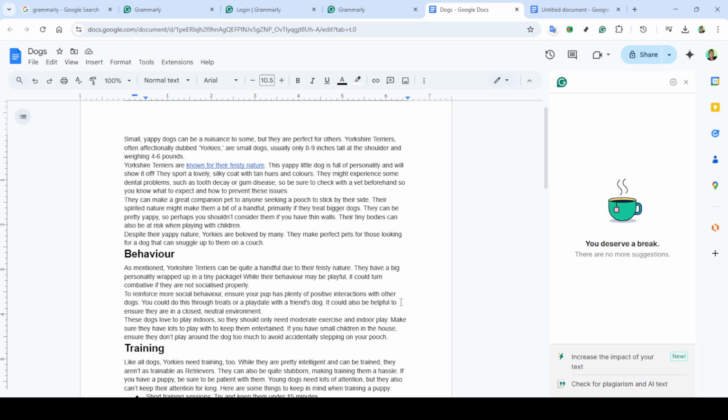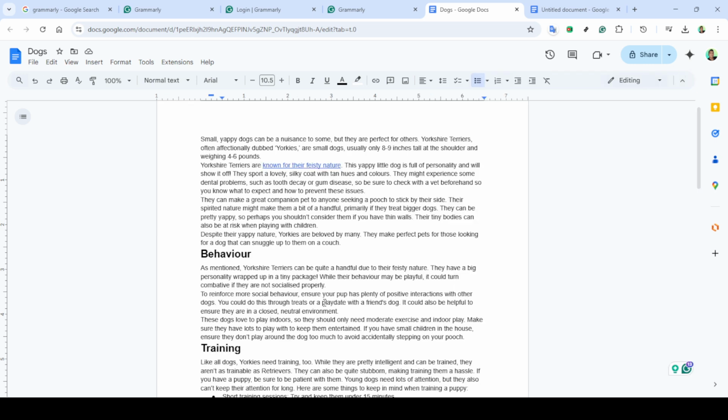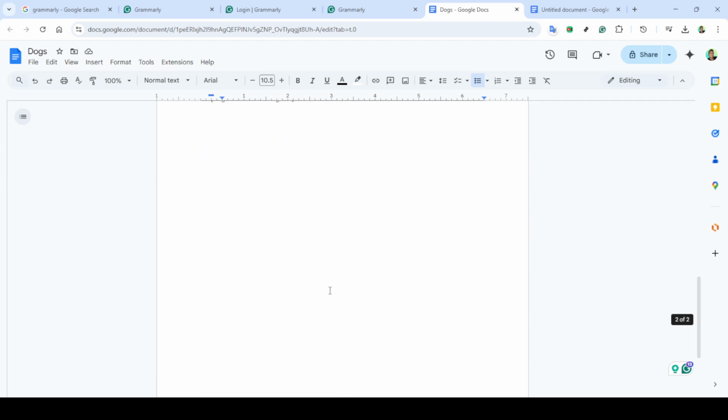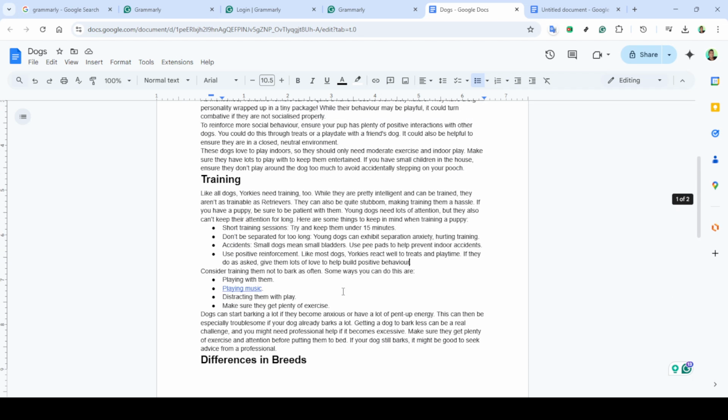While it may seem a bit tedious initially, accepting all the changes ensures your document reflects the highest standard of writing. Auditing your writing with Grammarly's features can save you time and elevate the quality of your work considerably. And there you have it. With these simple steps, you've officially